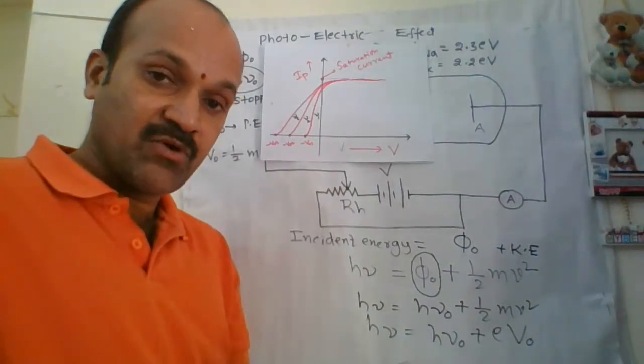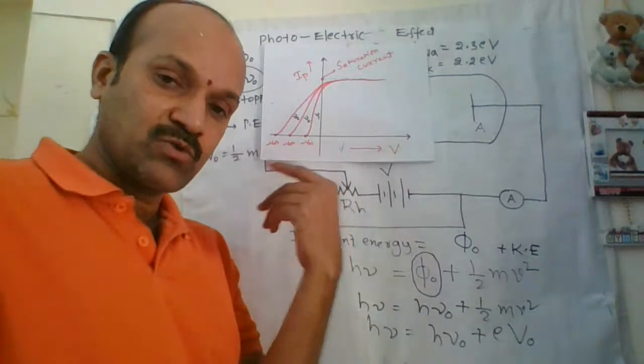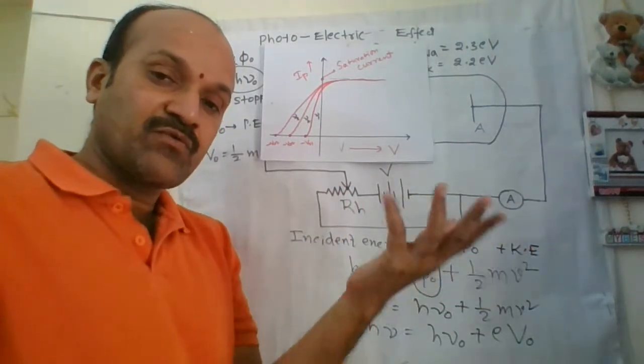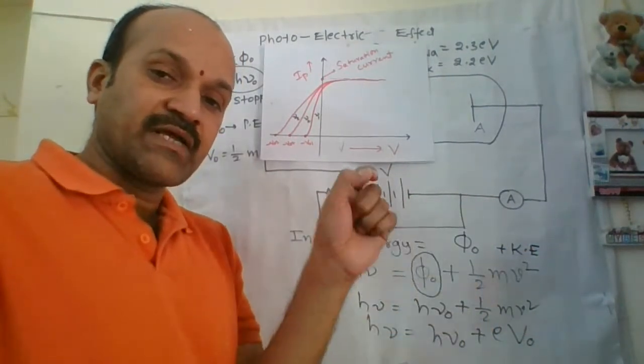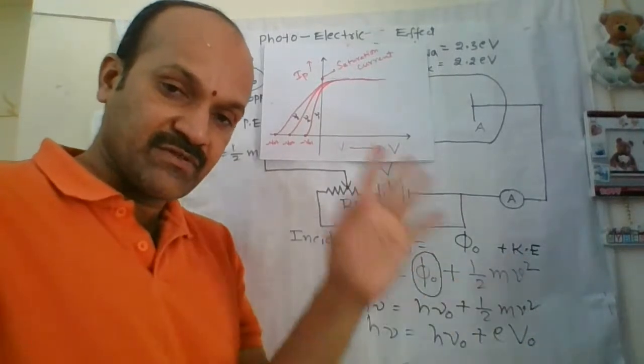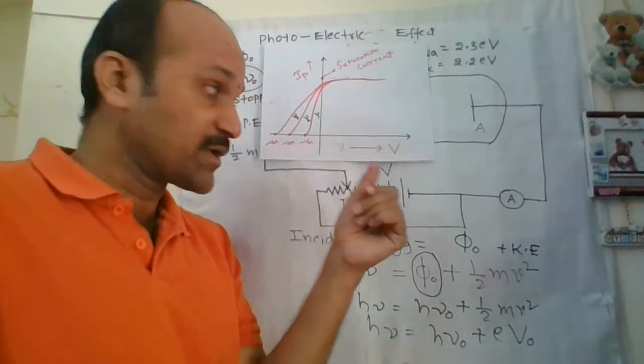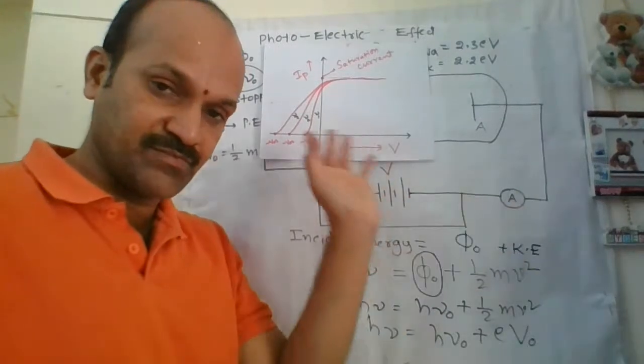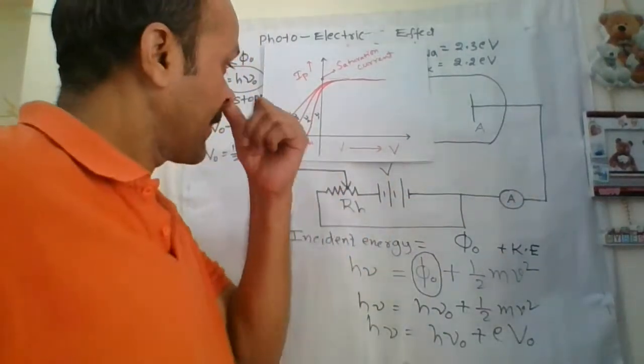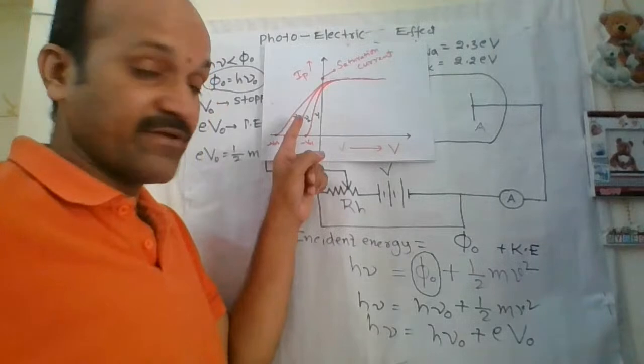For that intensity, the number of electrons emitted will be the same. So that is the maximum current flown in the circuit for a given intensity of light, for a given frequency of incident radiation, for the application of potential differences. That is saturation current. Right. Now seeing this graph,